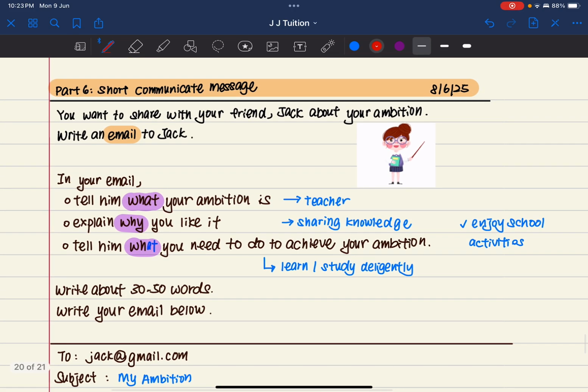所以这一篇他讲说 you want to share with your friend Jack about your ambitions, write an email to Jack. 所以这里他要你解释，要你分享，跟你的朋友分享你的志愿。Ambition 的意思是志愿。通常在考试的时候他不会给你一个限定，比如说你可以选择你要成为老师，你如果会写也可以写医生。我们这里就选择老师。Tell him what your ambition is。第一个要点他要我们讲的就是你的志愿是什么。这里鼓励大家可以先写 point form，比如说第一个是 teacher。第二个我们就要解释 why you